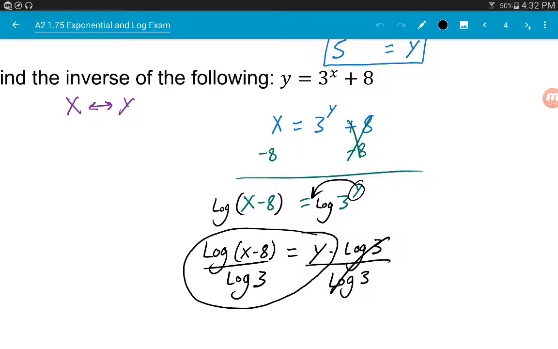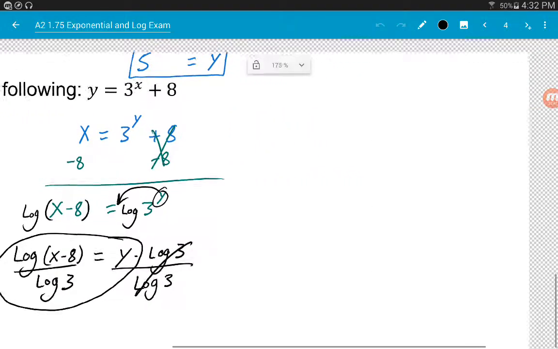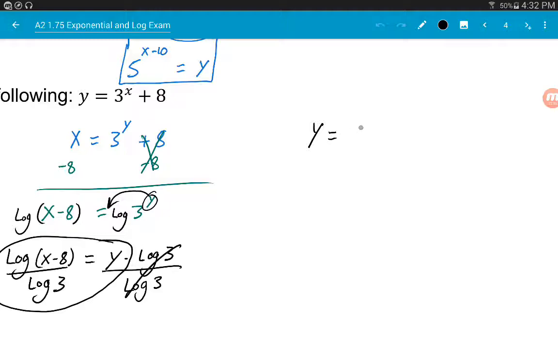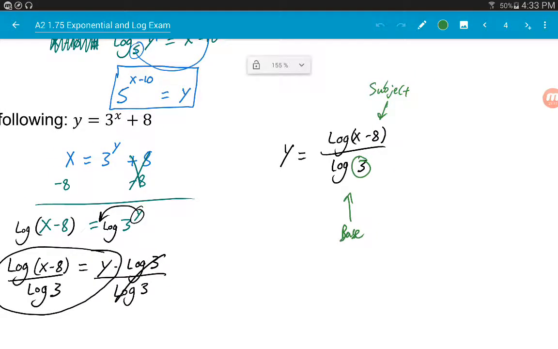But I taught you in class how to simplify this a little bit more. I said that if you had something like this, let me rewrite. Y is equal to the log of x minus 8 over the log of 3. I told you that you can make this into the base, talking about this, and make this into the subject. So essentially you can smush these two together and you can turn it into